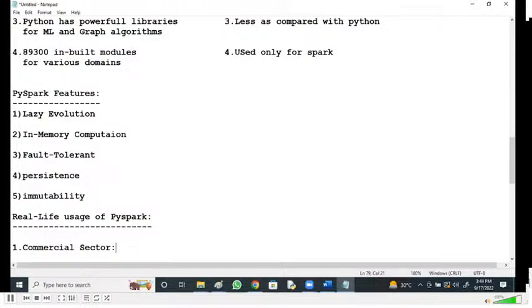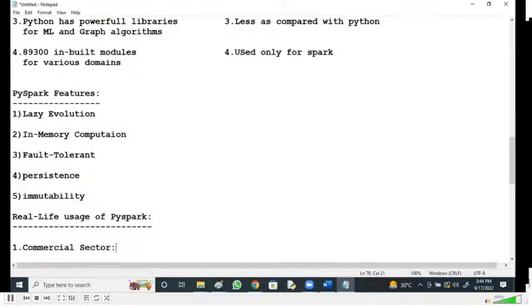The extracted information can be used for credit risk assessment, targeted ads, and customer segmentation. PySpark also plays a vital role in fraud detection and is used in machine learning tasks.